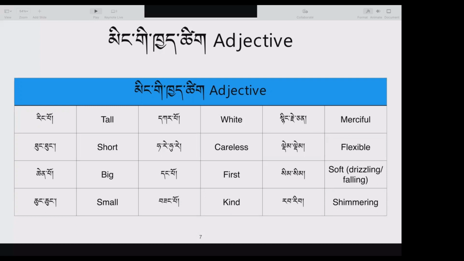So the first one is ringpo. Ringpo means tall. Tung tung. And understand that all of these are just positive adjectives, meaning that these are neither comparative nor superlative form. These are simply the positives. So, ringpo, tall. Tung tung, short. Qianpo, big. Chung chung, small. Karpo,